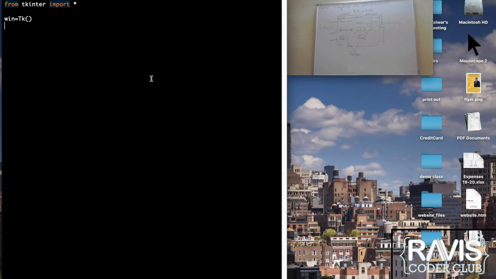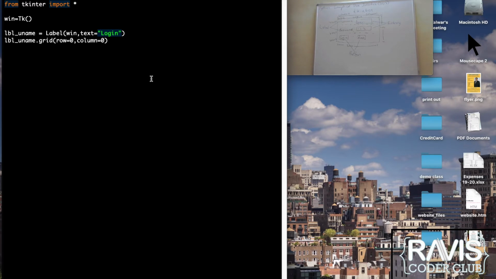Now I'm going to make the first label, okay. So how to make the label? lbl_uname equals Label, which is a part of win. The text that should appear on the label is login. That's it. Okay. lbl_uname.grid(row=0, column=0).